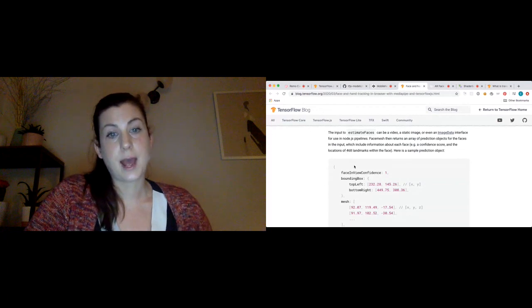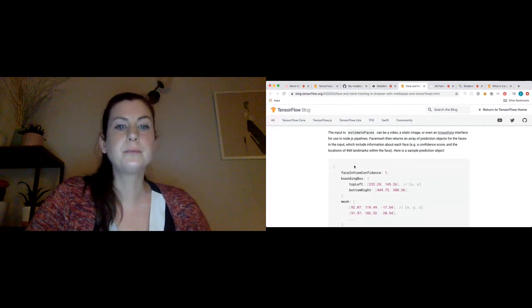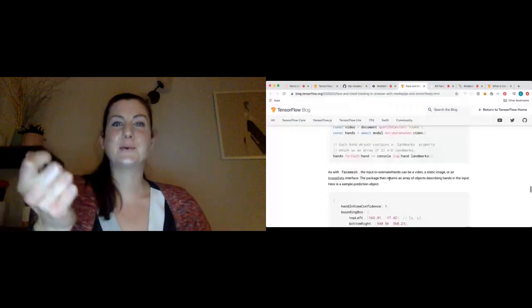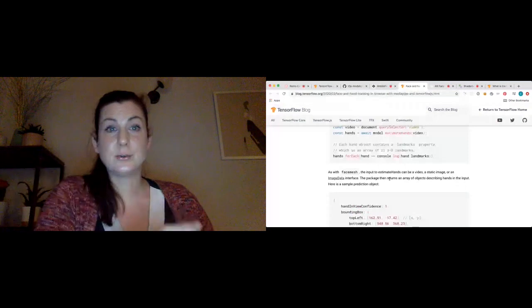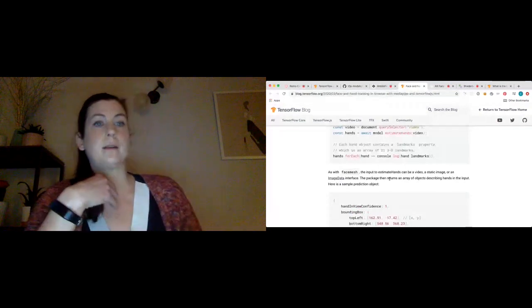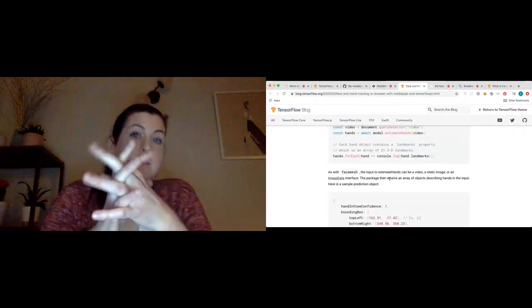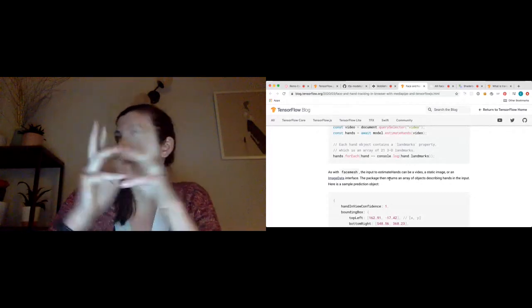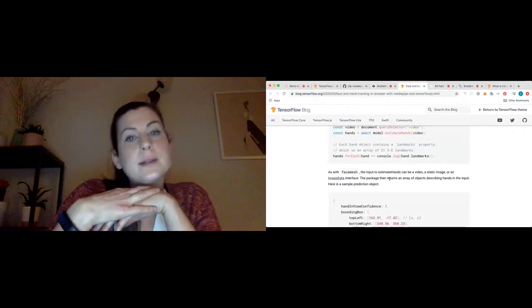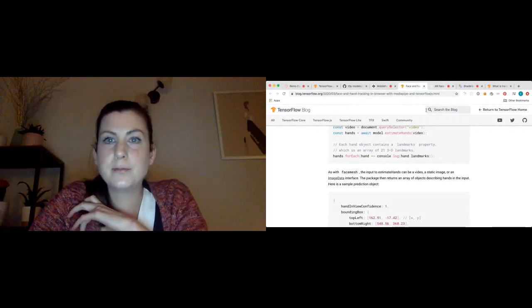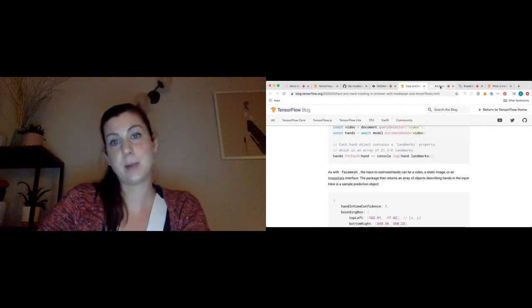And then likewise with this handpose model, you can call model.estimateHands, and you get this huge object back full of the coordinates and things. And you can do some really cool things with this data. So obviously, accessibility, being able to build accessible applications where you can use certain movements as controllers might be an implication for that. So I'm going to show you a couple of fun little demos now, which people have made